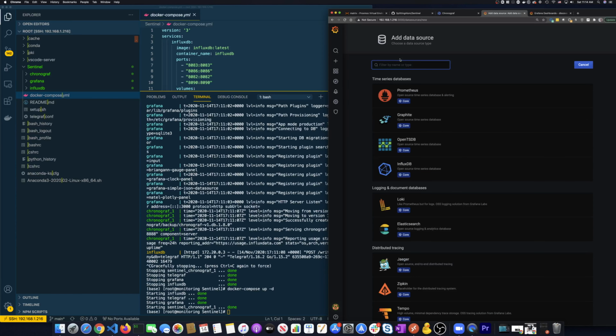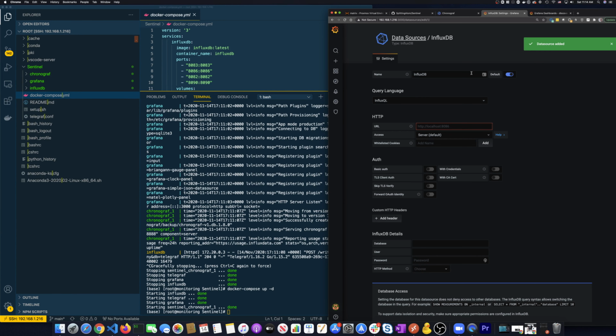So we'll add the data source. We're going to select InfluxDB. We'll hit select. This one we're going to call InfluxDB, and I think I call it Telegraf, because really it's the Telegraf that's on this virtual machine. And we're not aggregating a bunch of virtual machines with this one. We're just doing